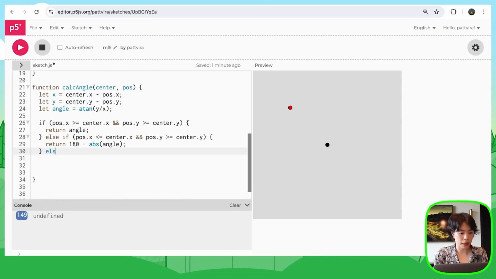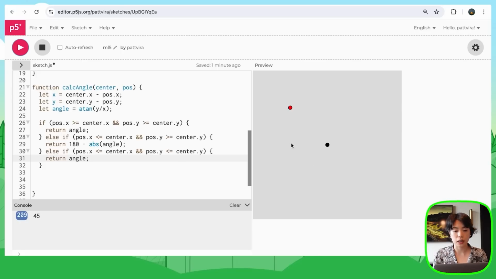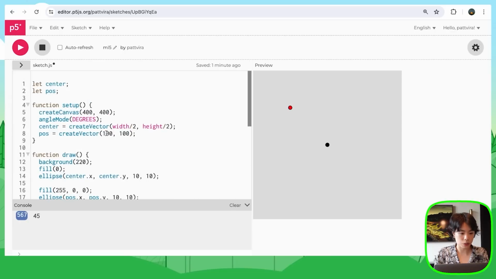Now it's going to be else if pose.x is less than or equals to center.x and pose.y is less than or equals to center.y. If I just return angle, what we get would be 45, but what we want is 180 plus 45, right? And then for the last case, which would be